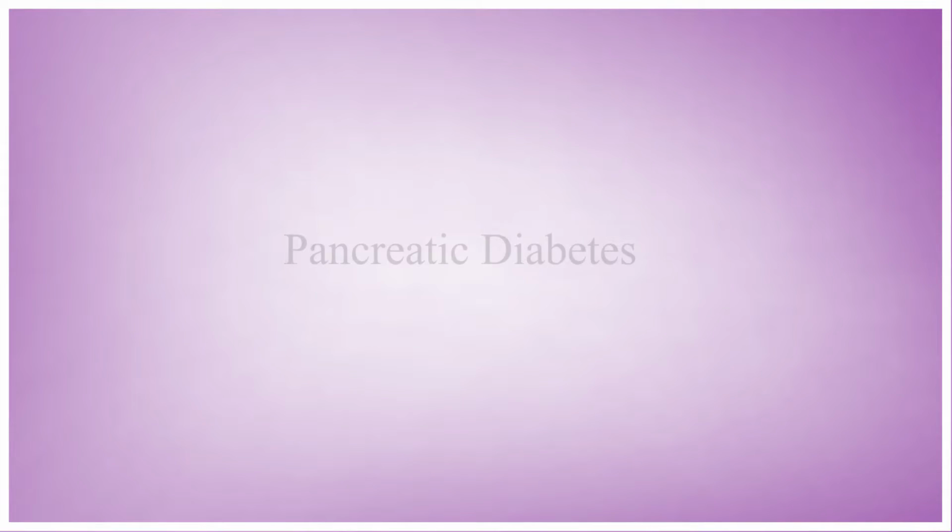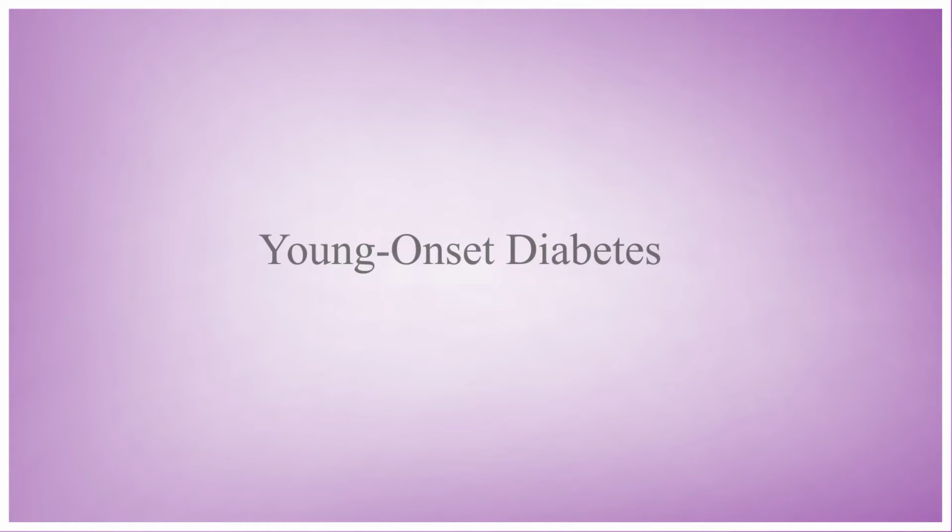Other than this, we have pancreatic diabetes, that is, for any reason if the pancreas is damaged and not working properly, if the gland wherein the insulin is secreted is affected, it can also cause diabetes. Other than this, you can have young onset diabetes, that is, maturity onset diabetes of the young. This is again genetically mediated, but it is not exactly type 2. So if there is any suspicion, the patient should be subjected to genetic analysis.